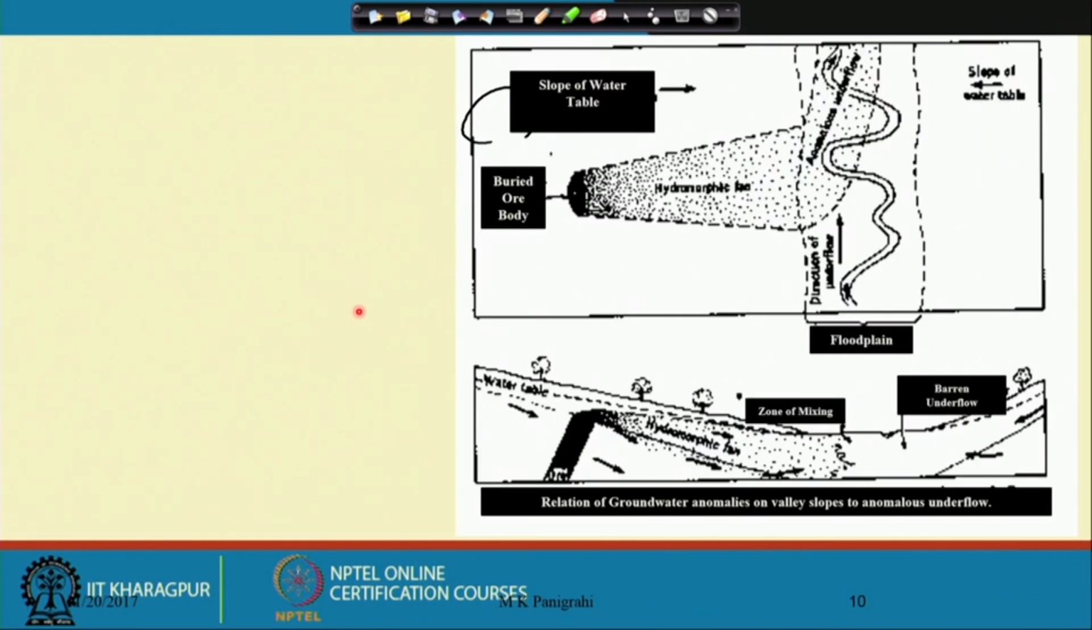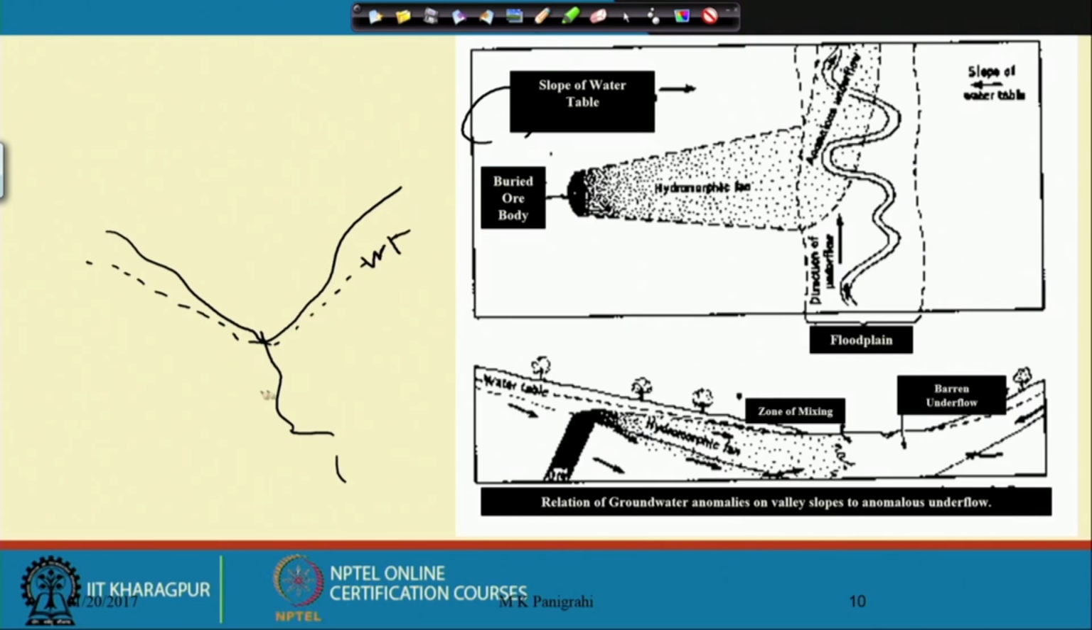And this is also an interesting situation where this is a river, and here is the hidden, buried ore body, and this is the slope of the water table in this direction, and this water table will always follow and will get exposed on the stream, where the river is flowing. So, the water table will always follow a pattern like this,